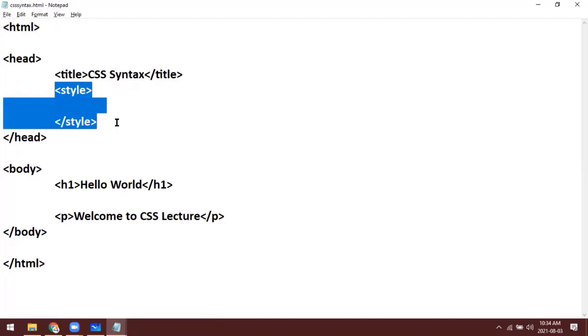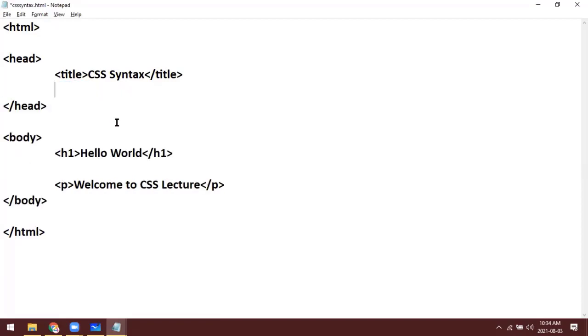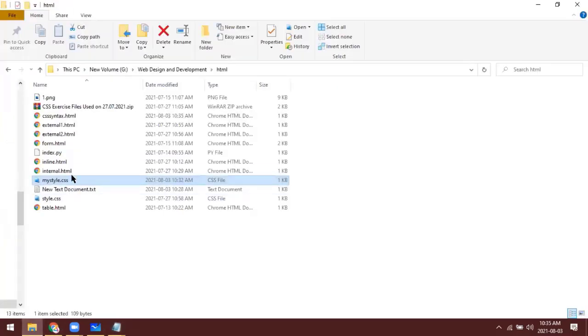So in the way of external CSS, we use the link element, link rel, it means relationship. What's the relationship of this link? It is a style sheet, and then href, hyperlink reference. We have to link our external CSS file. So we have given the name my style.css.